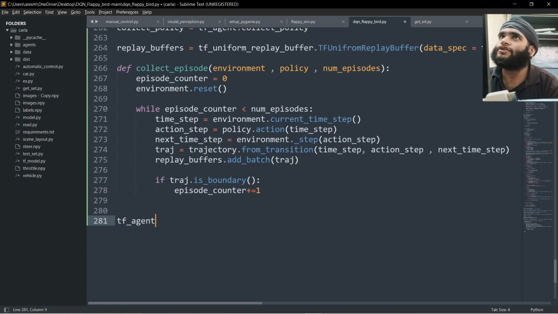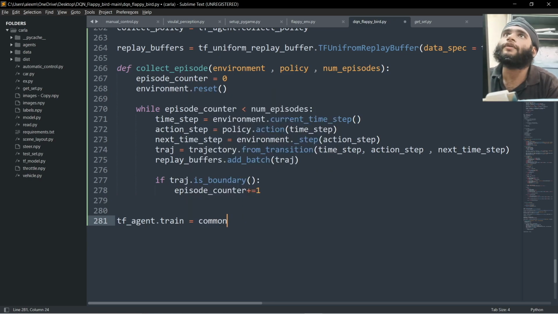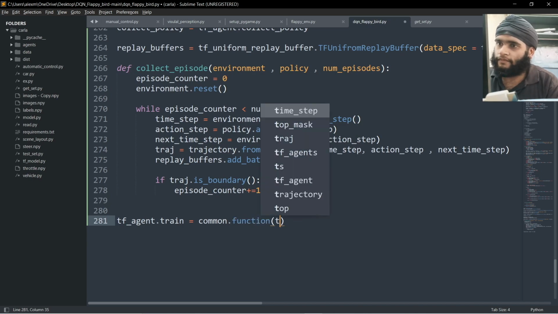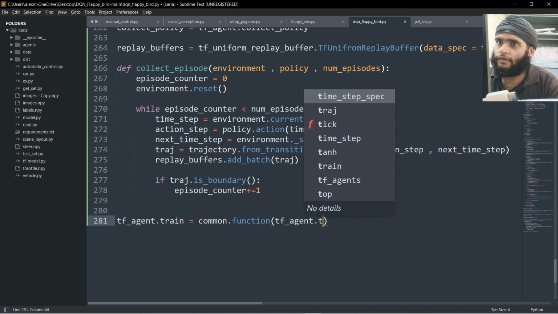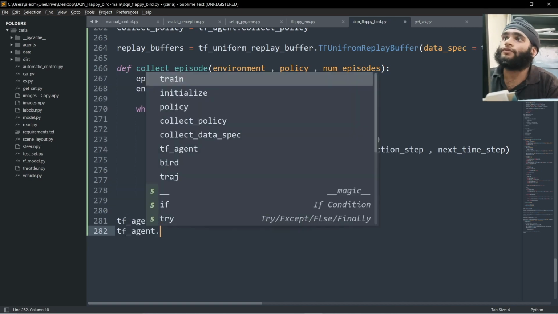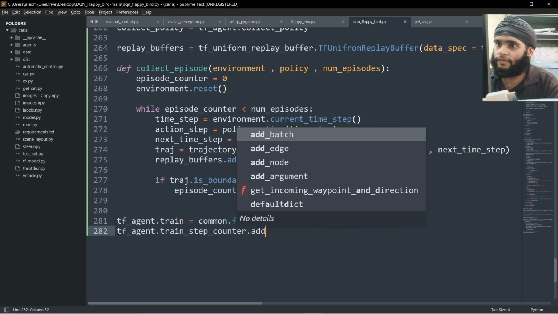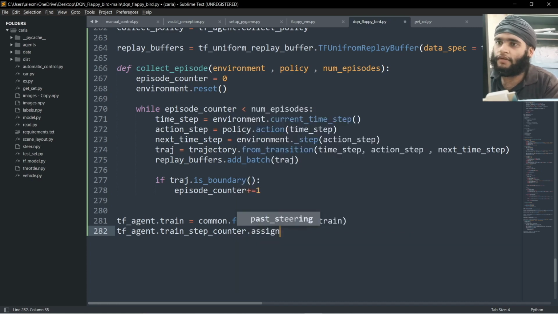TensorFlow agent dot train equal common dot function, agent dot train. Give agent train step counter dot assign, for